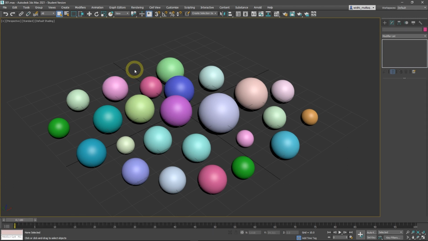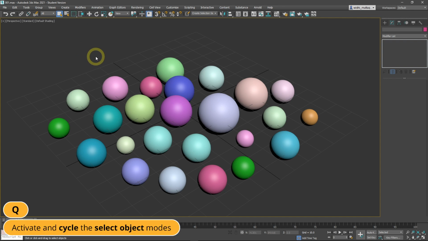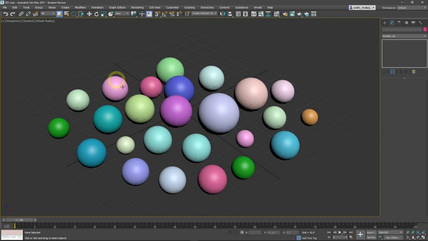Until now, you might be wondering, does 3ds Max only support the rectangular selection region? Well, the answer is no. To change the selection region behavior, you can click and hold on this button here. We can see there are also circle selection, polygonal selection, lasso, and paint selection mode. If you want to cycle through these selection modes using the keyboard shortcut, you can use the Q letter key. Now, if you set this to the circular mode, when we click-drag to select multiple objects, we can see the region is now a circle rather than a rectangle like before.